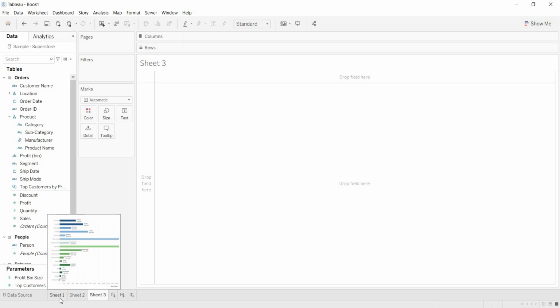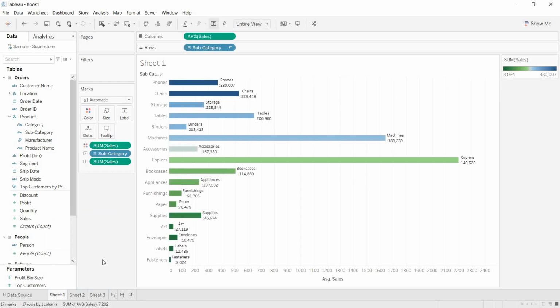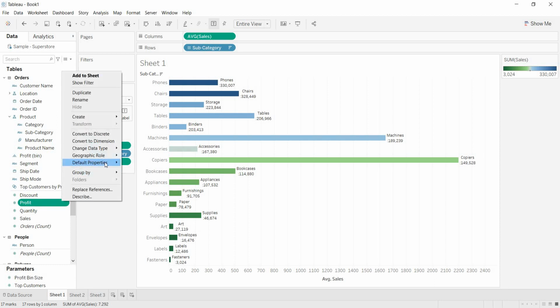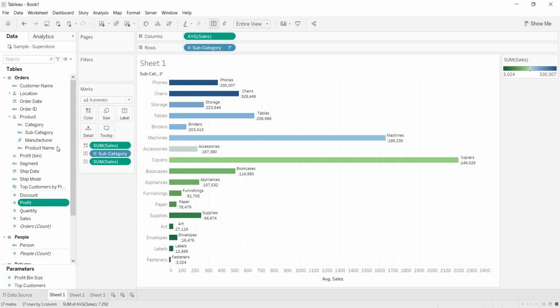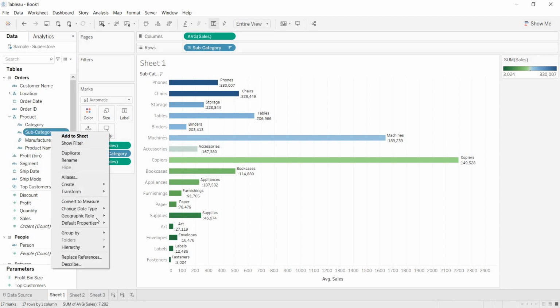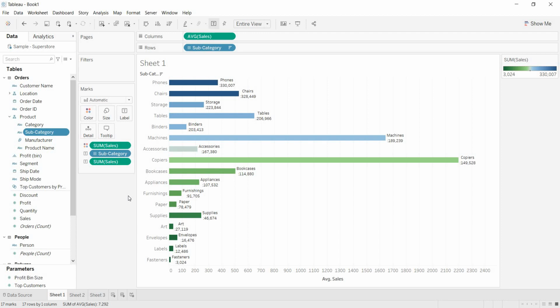Okay, and one more important point to be shown. See, here in the default properties, you can even allocate the default color format for the metric. Let me show you. Even right click, what are the default properties options? See, the default property color option is there for dimension also. So what happens when we allocate this default color? Just go and explore the options, and if you are not clear about that, we will discuss the same in the classroom session.